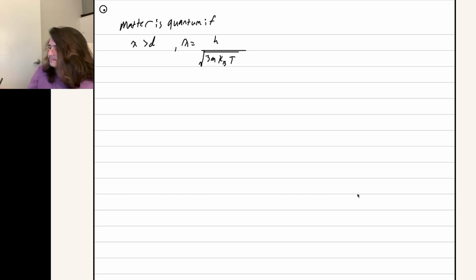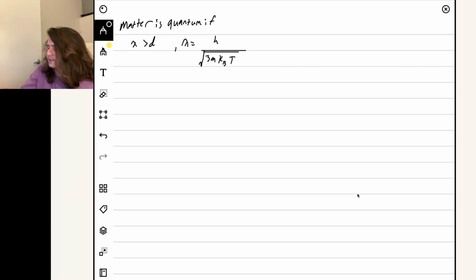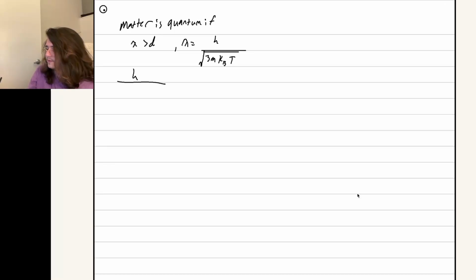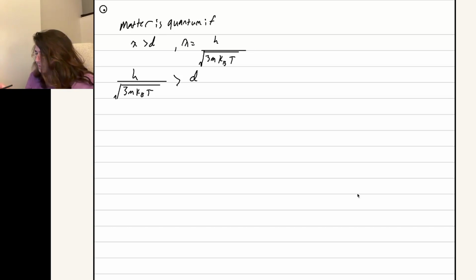So on the left-hand side, using the definition of the de Broglie wavelength, h over the square root of 3m kB T, will be greater than d, the size of the box. And we can solve for T, so I'm going to square both sides. We'll have h squared over 3m kB d squared, and that'll be greater than T. And I'm actually going to rewrite it as T is less than